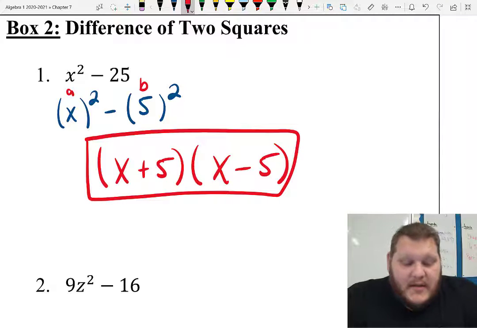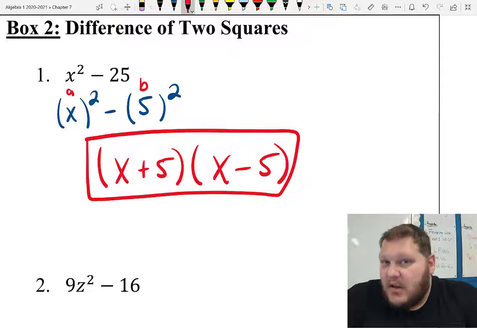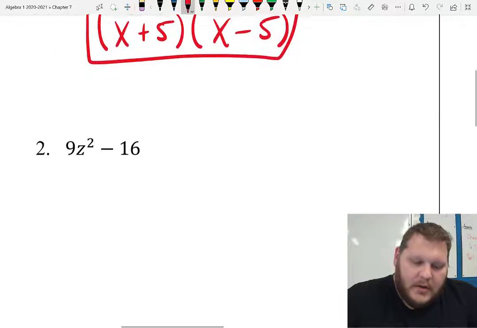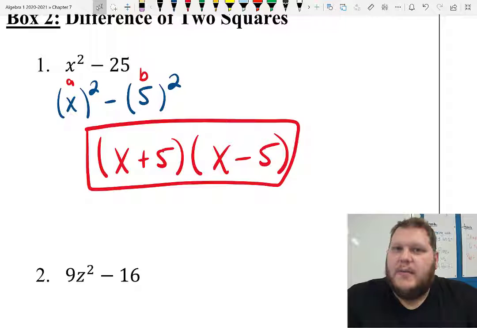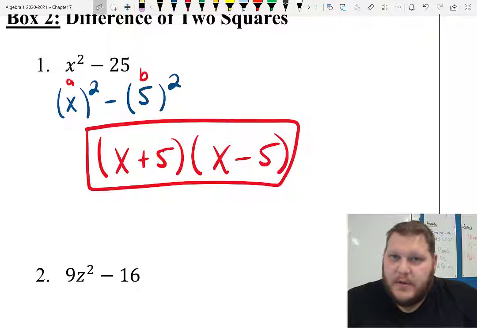Which also makes sense because here we don't have a middle term, which means the coefficient on that x term would be 0. We're trying to figure out what two numbers multiply together to give me negative 25, but add up to 0, which would have to be positive 5 and negative 5. Those add up to 0, but multiply together to give me negative 25. So that's, I think, the most likely for us to see a difference of two squares factoring pattern, something like that,